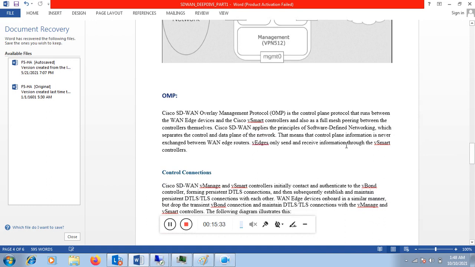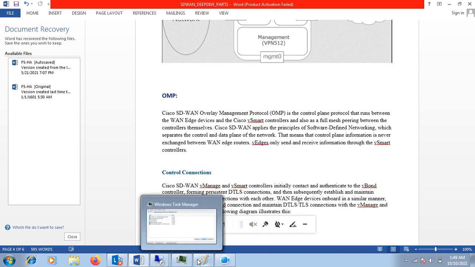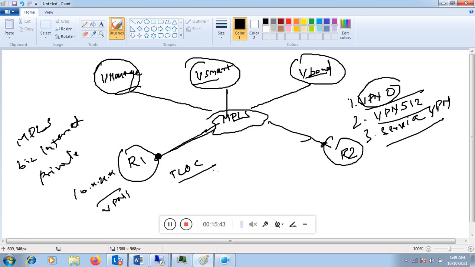Now if we talk about OMP, OMP stands for Cisco SD-WAN Overlay Management Protocol. When we talk about the routing exchange, R1 will send the information about 10.x.x to vSmart. Similarly, R2 will send the information about 20.x.x to vSmart.